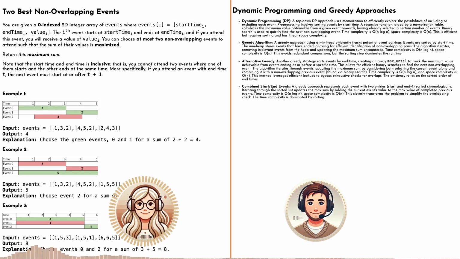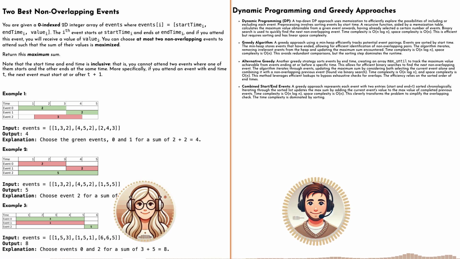Precisely. So one way to implement dynamic programming for this is using what's called a suffix array. Okay, I've heard of those. So imagine a table that tells you the maximum value you can get from any given event onwards. So if I'm understanding that right, it tells you the best possible outcome from that point on. You got it. So how do we actually build this suffix array? We can work backward through the events and calculate the maximum value at each step. Okay, that makes sense. But how do we use it to actually pick the events?